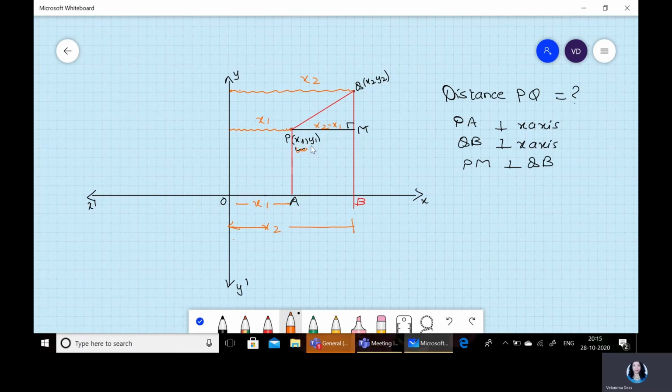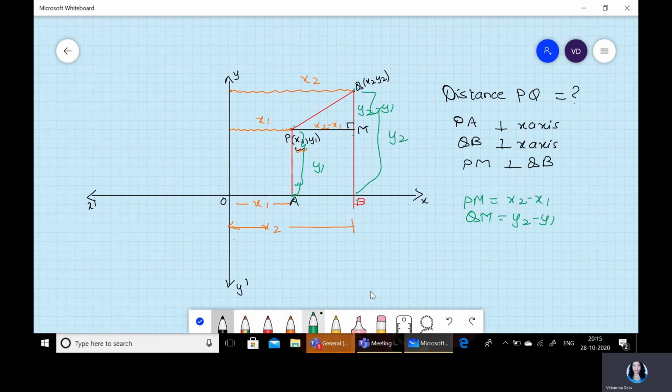Similarly, how do we define an ordinate? The ordinate is defined as the distance from the x-axis. So this much is y1, the total from the origin. And the ordinate of Q, from Q to B, this is y2. So QM will be y2 minus y1. This total QB is y2, PA is y1, so QM is y2 minus y1. So we have got PM as x2 minus x1 and QM as y2 minus y1. We have to find out PQ.